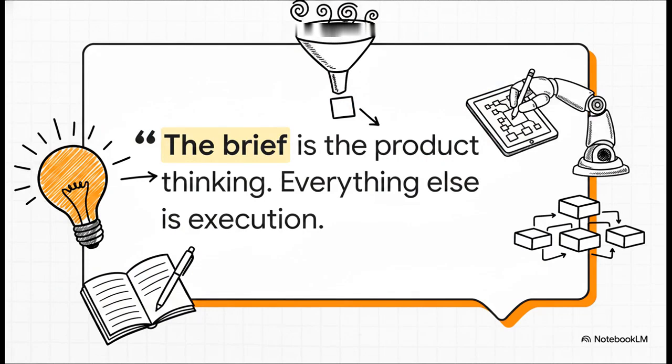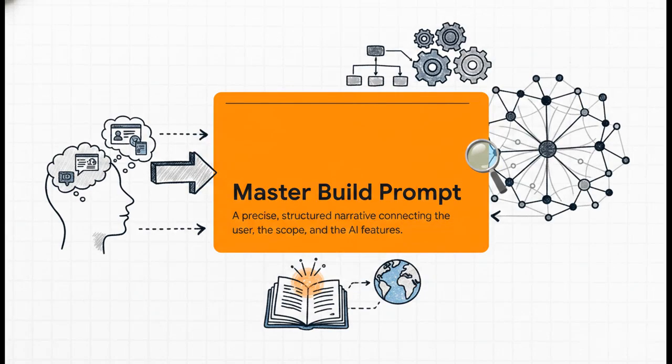A lot of us treat writing the product brief like it's a chore, right? Just some paperwork to shove out of the way before the quote-unquote real work starts. But honestly, scratch that. The brief is the actual product work. It's that core product thinking that takes a vague concept and turns it into a fully functional application. Getting an AI to execute your vision requires a unique blend of that product thinking and crystal clear direction. And to translate all that brilliant product thinking into something an AI can actually understand, we use what's called a